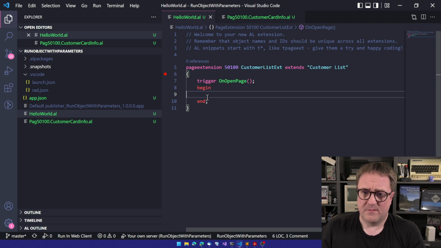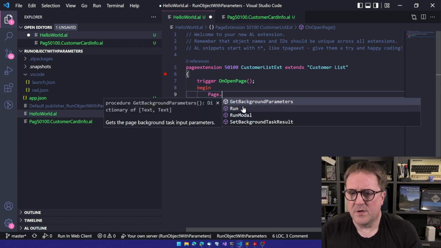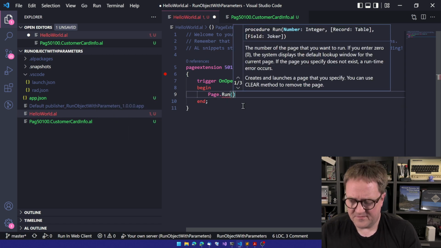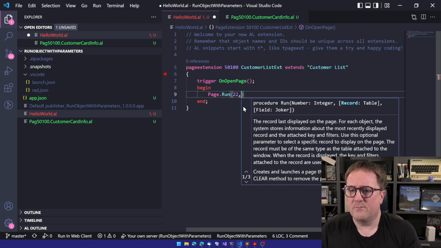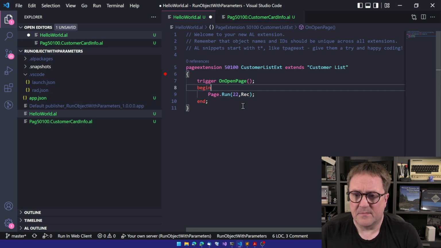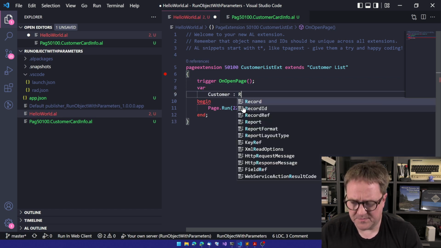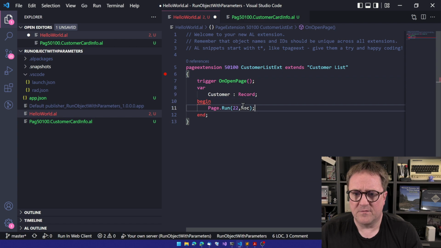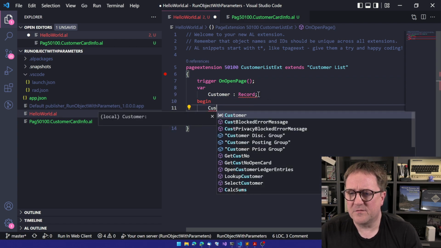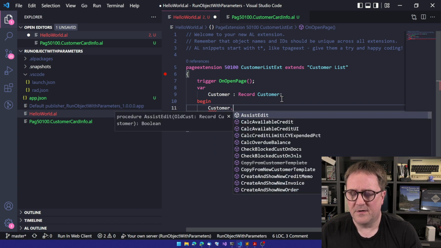Normally, if you want to open a page or report or something like this, we'll use pages here today. So we can do a Page.Run. We tell an object number, and then we pass a record. In this case, I'm doing Rec, but I could have created another, a customer record. So maybe I should call it something. How about Customer, and then I'll do Customer.SetFilter